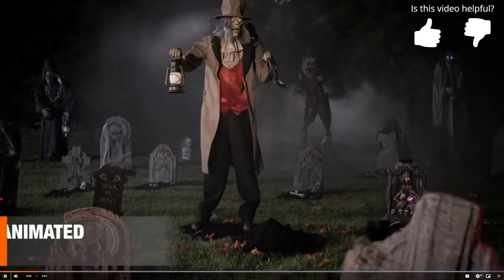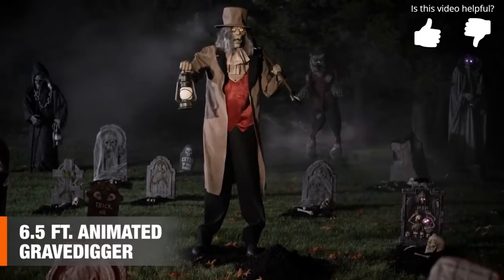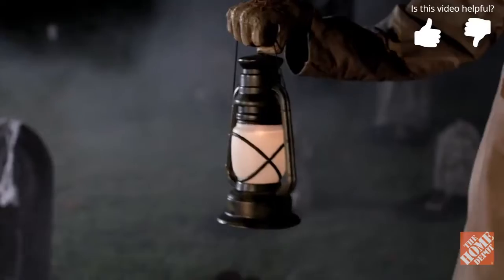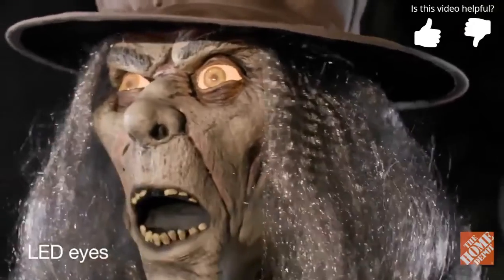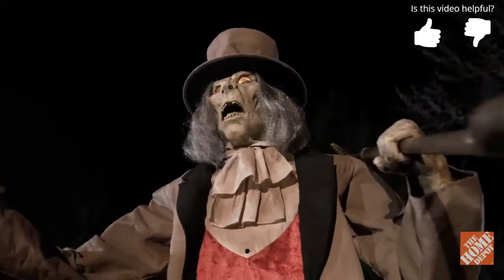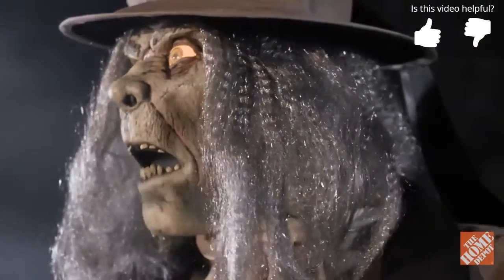This 6.5-foot animated gravedigger is looking for work, so beware. Dirty shovel in hand, this motion-activated menace wants to light your way to the afterlife. With a realistic-looking latex face and vexing LED eyes that glow. His twisting torso, tattered clothes, and grimy teeth will give guests a fright, while a hoarse voice utters 6 spooky